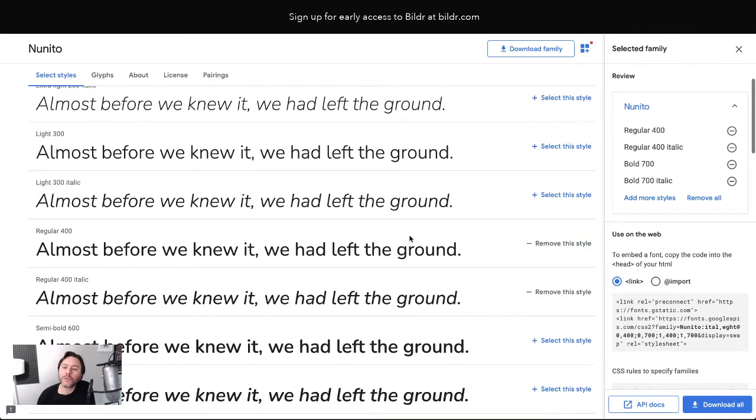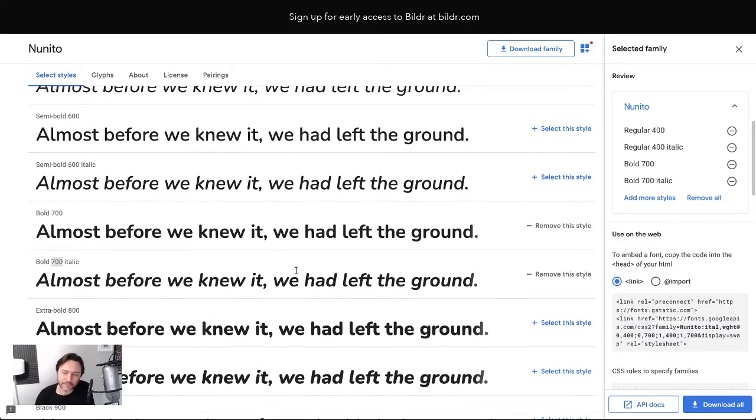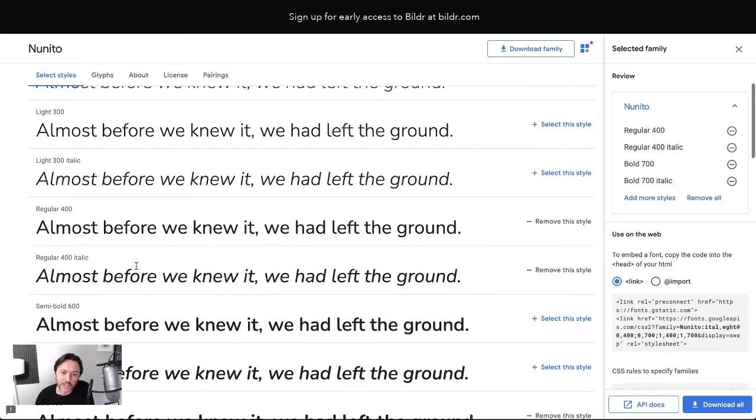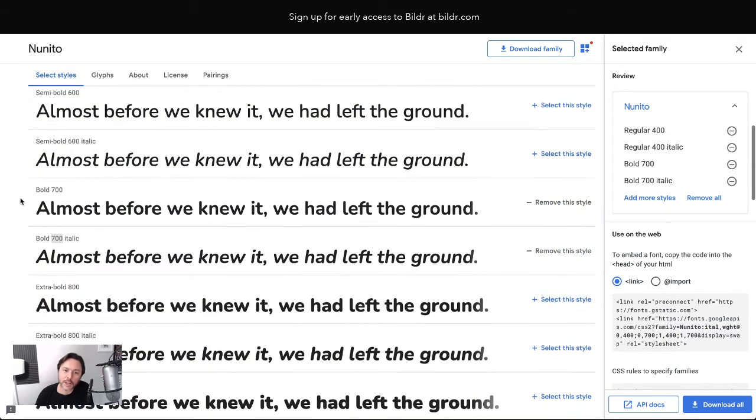But as a general rule, regular, which is 400, and bold, which is 700, that's most of the time what you need. So I came in here and I did select this style on regular 400, italic 400, selected those, and then regular 700, bold, and then bold italic. And I just selected those. So those are listed here. That's what it's going to pull in. And it gives me